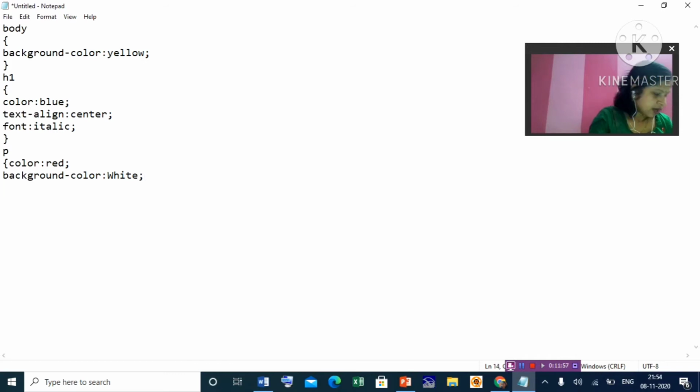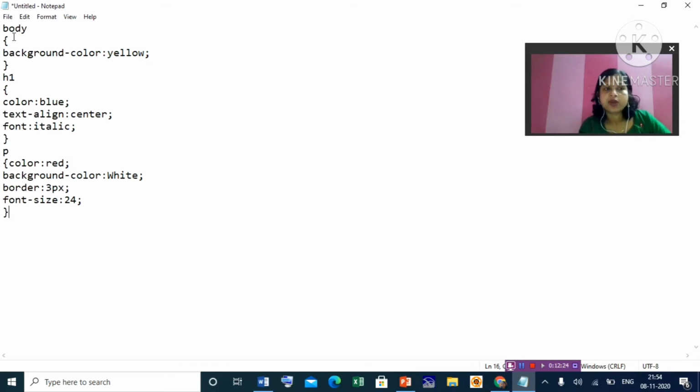For its border, if you want to give a border, you can give it also. PX stands for pixel. Font size, suppose 24. So these are the formatting features I want to apply.